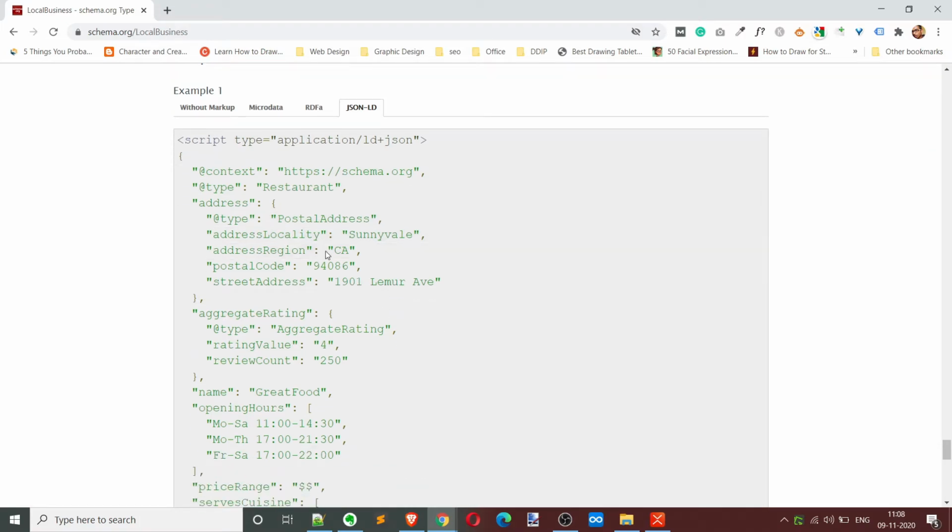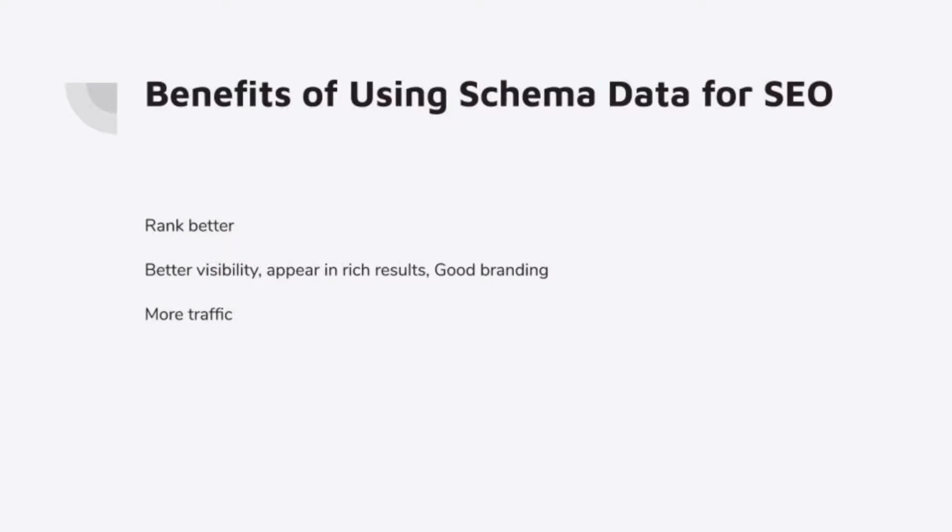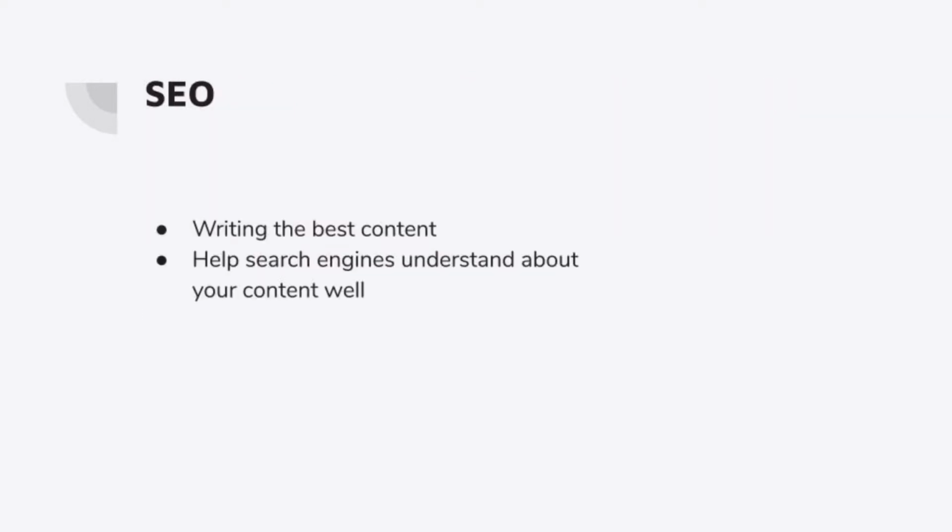Now the question is, what are the benefits? Why should we care about putting this extra code in our website? What I understand about SEO is that it's all about creating really good content and letting the search engines understand your content better, so that they can rank the content better and send you more traffic.